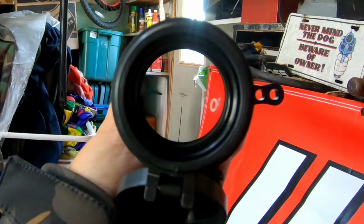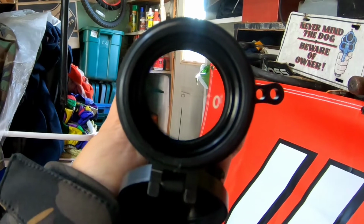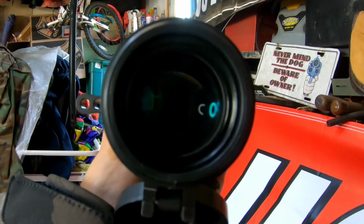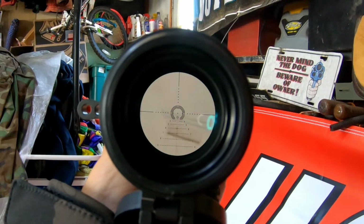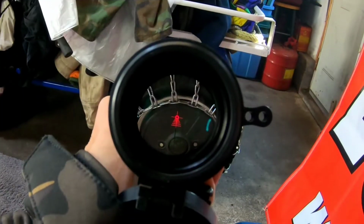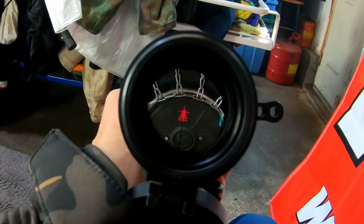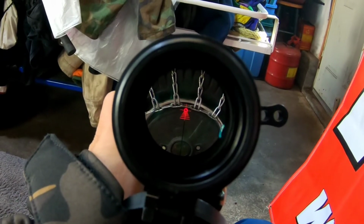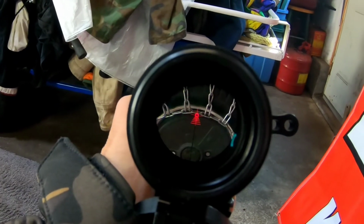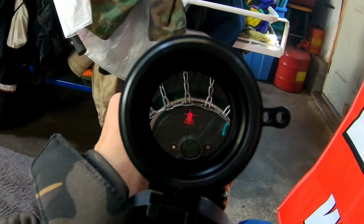As you can see with the first focal plane, at 1x, your crosshairs are very small. When you move it to 6x, your crosshairs are very close to you and very visible. That's the difference between first focal plane and second focal plane optics. Okay, now I have it on to the red illumination where the crosshairs are red. And as you can see, I'm at 1x. I'm pointing it towards the tire here of my tractor so that you can see it clearly instead of the white background. Now you can see clearly that's the red